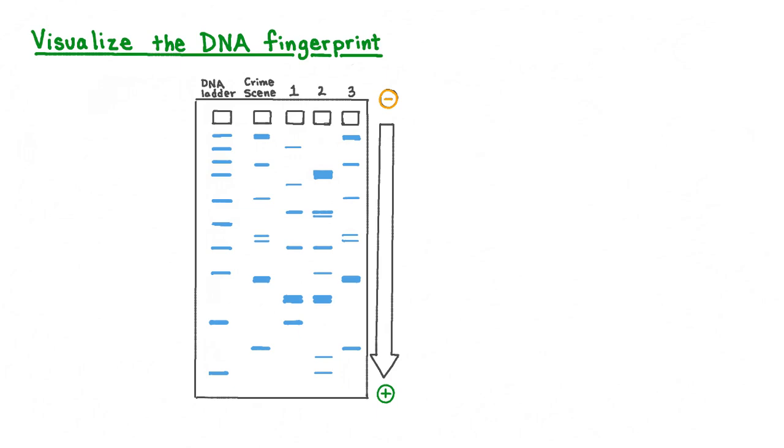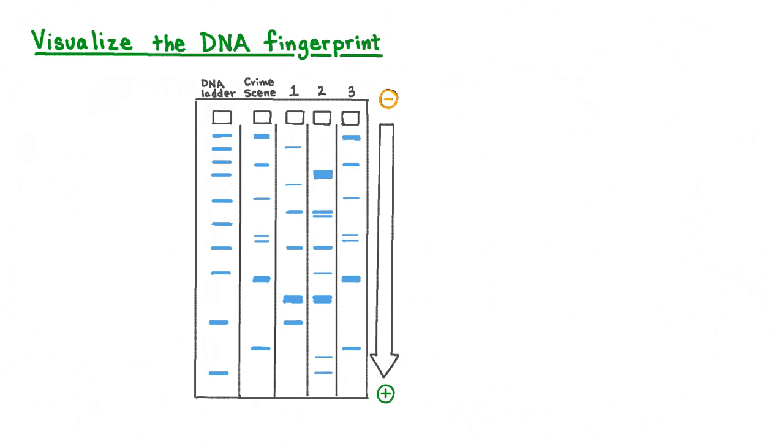Contained in the gel is a special type of dye that marks the DNA. A machine which is sensitive to the DNA marker then creates an image of the results, similar to what we see here. The pattern of stripes left by each DNA sample on the gel is what we call that individual's DNA fingerprint. Each person has a unique DNA fingerprint. Since the number of repeats in their repetitive DNA segments are unique, and therefore the sizes of the fragments from their DNA when it's treated with the restriction enzyme are unique as well.